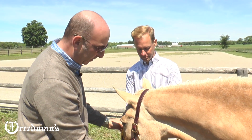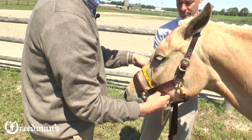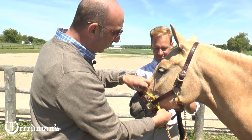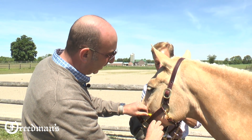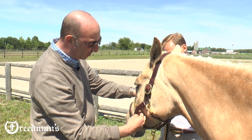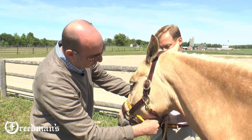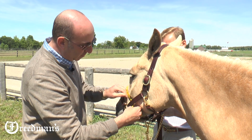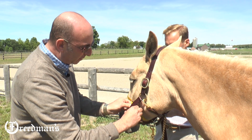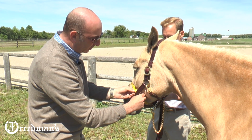The noseband, we do as a full circumference measurement. We slip the tape through the halter and we get it untangled. We try and get the exact location that you want the noseband to sit. That location is just under this bone on the cheek. Sometimes it's easier to slide the tape to the top like this so you can pull the correct measurement. You want it fairly snug